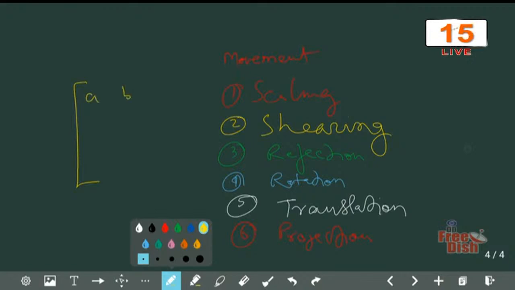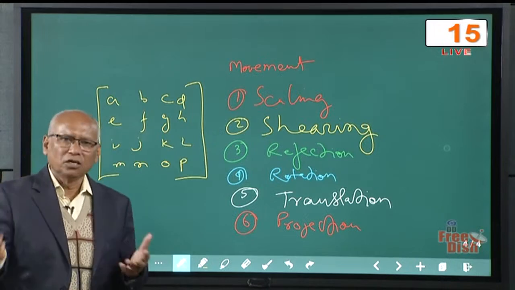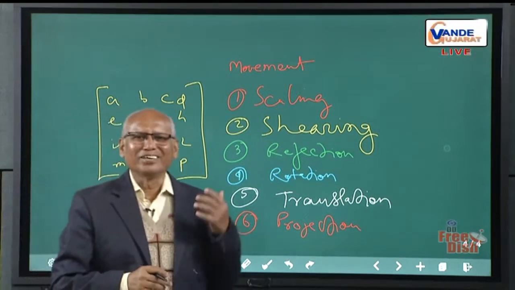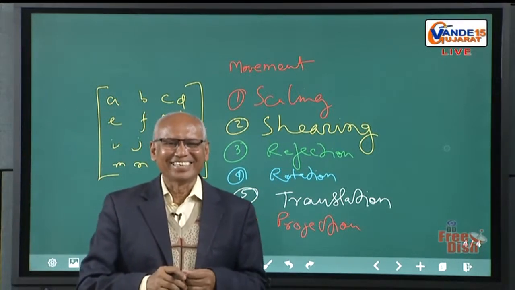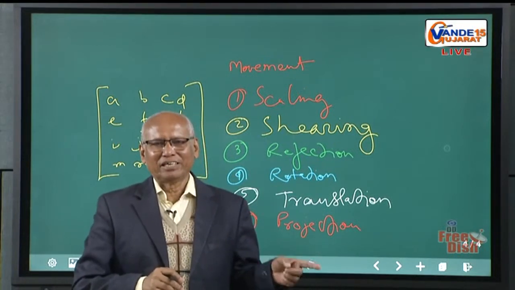A, B, C, D, E, F, G, H, I, J, K, L, M, N, O, P. So, with this 4 by 4 matrix you can transform any object. So, whatever you want you can transform. So, our main